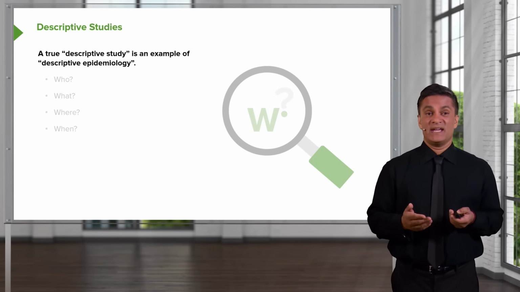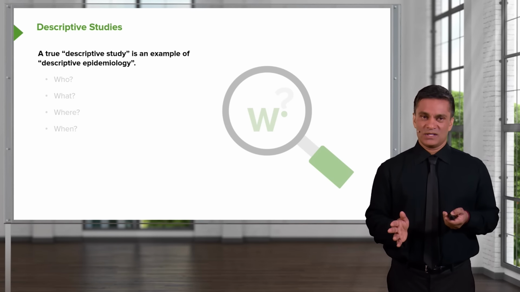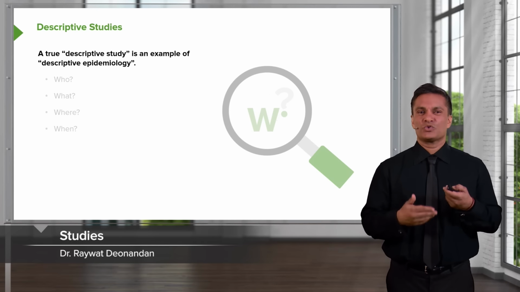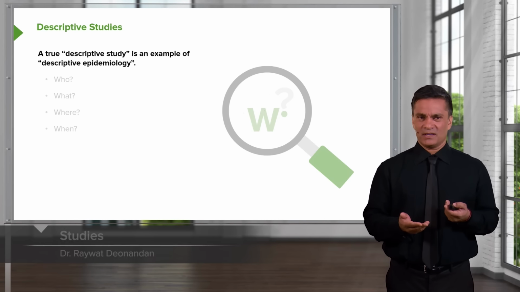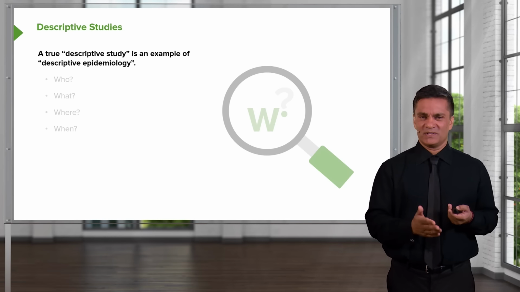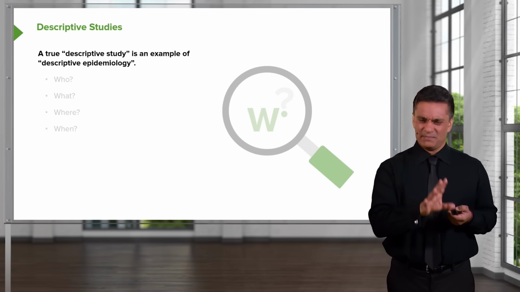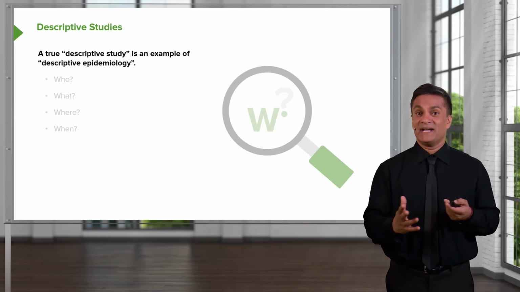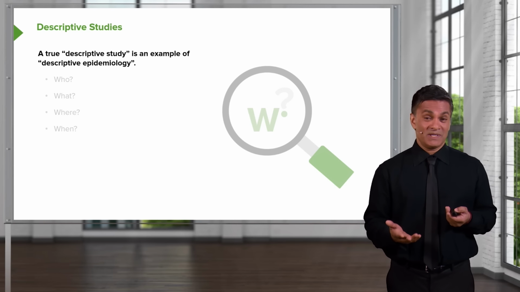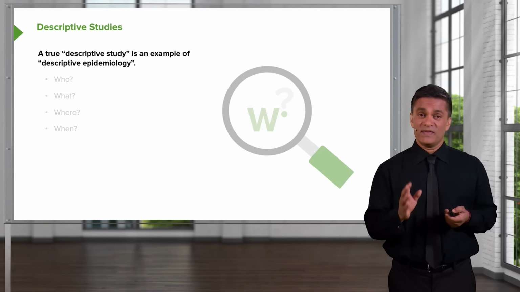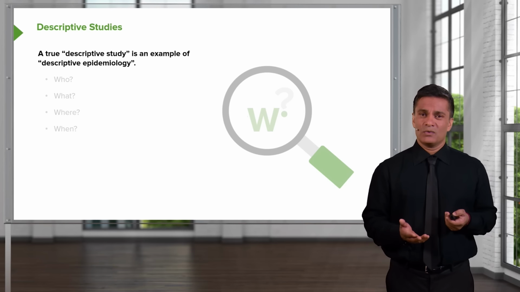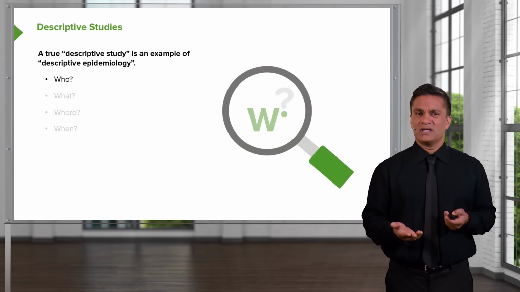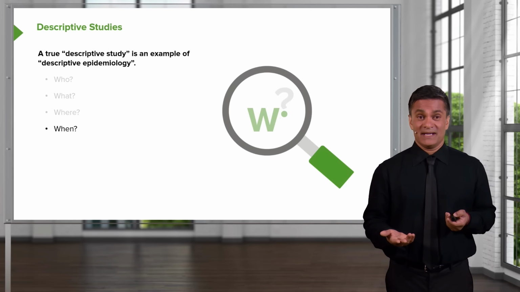Sometimes when people say the epidemiology of a disease, what they actually mean is the description of that disease. And that brings us to talking about descriptive epidemiology or descriptive study. By the way, I don't like it when we say the epidemiology of a disease. It's a limiting description of the full breadth and majesty and complexity of what the science of epidemiology brings to the table. But when they say descriptive epidemiology, what we're really talking about is the who gets a disease or an outcome, the what is that they're getting, the where is it happening, and when is it happening.